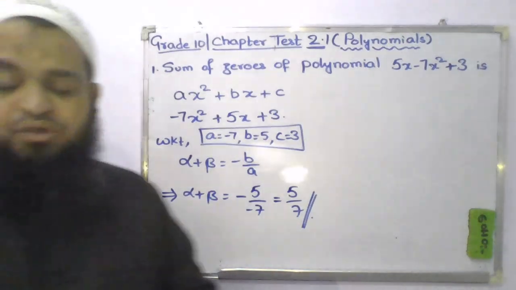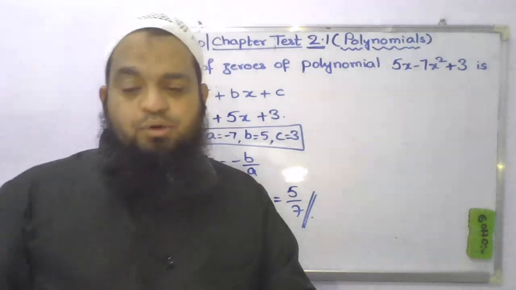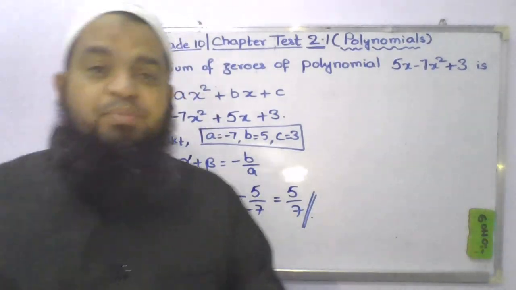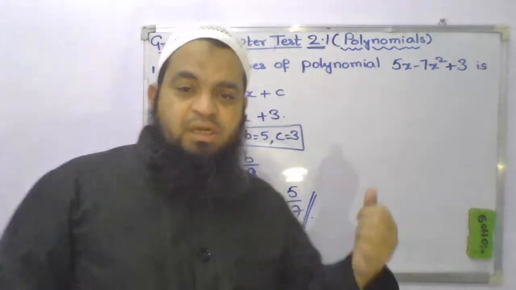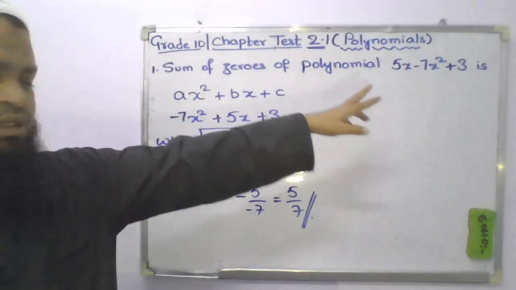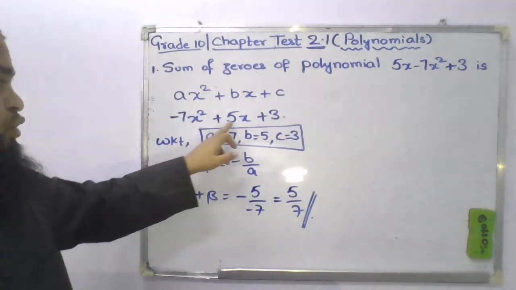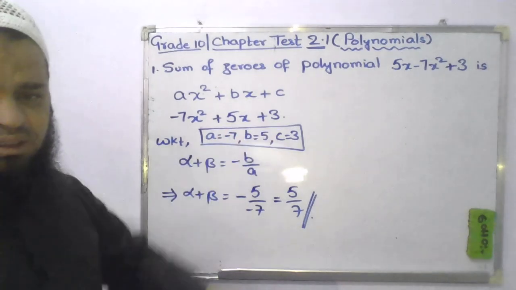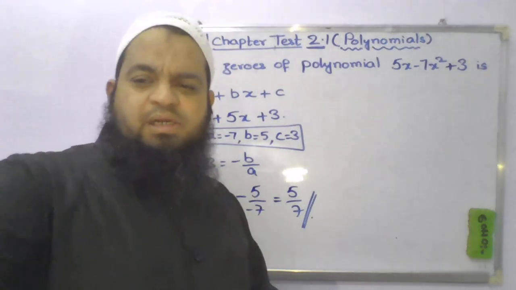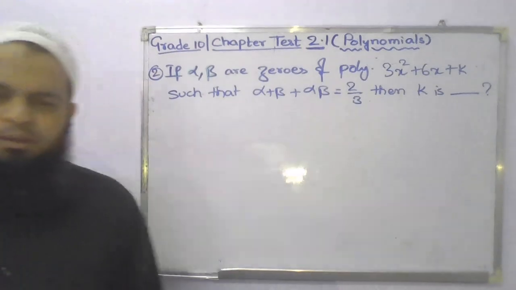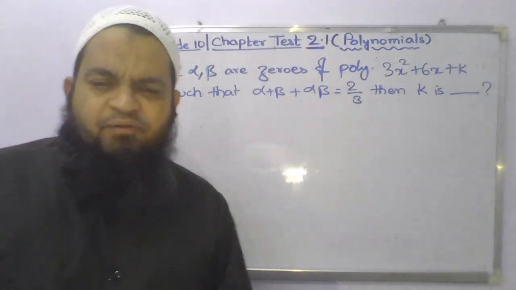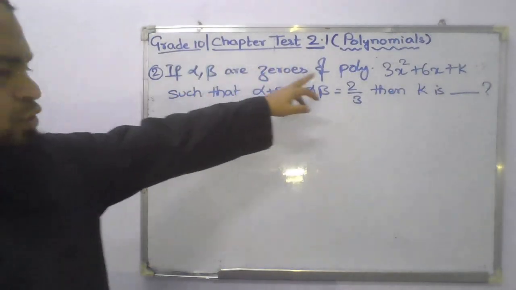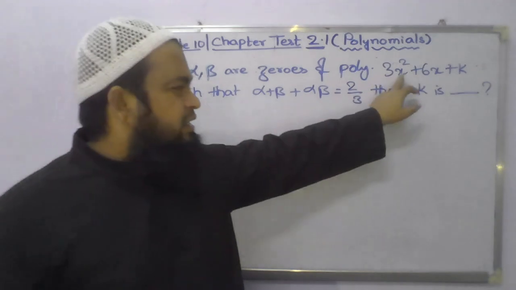This will be asked in MCQs. If it is asked as a 2 mark question, then write the steps. Otherwise, it's very simple. Make sure that you write the given polynomial in the form ax square plus bx plus c. Is it clear? The second question states that if alpha and beta are zeros of the polynomial 3x square plus